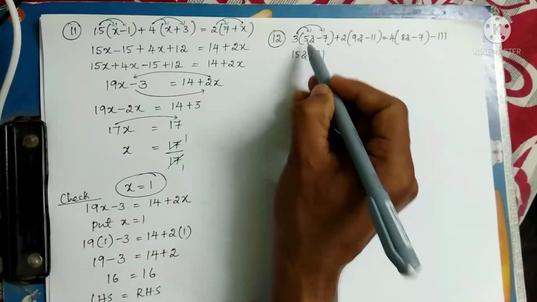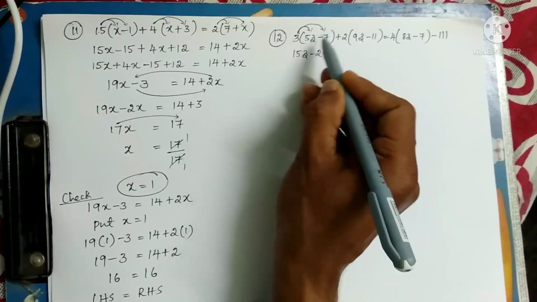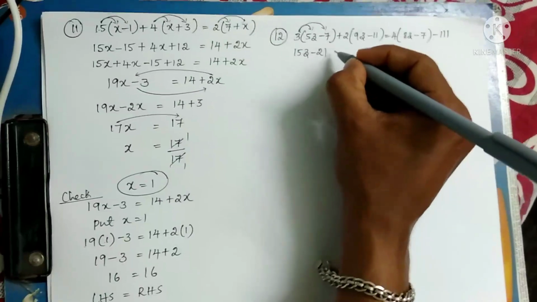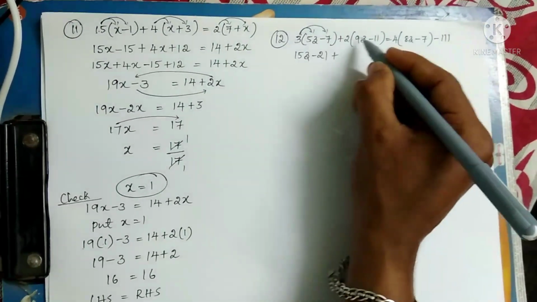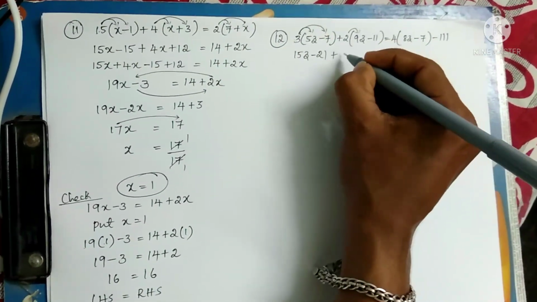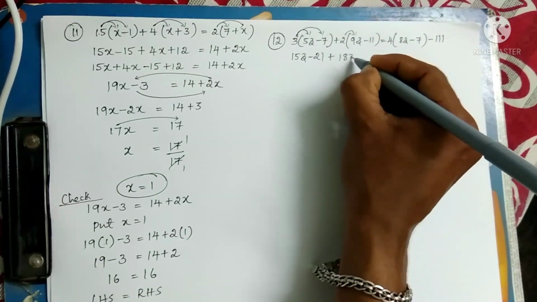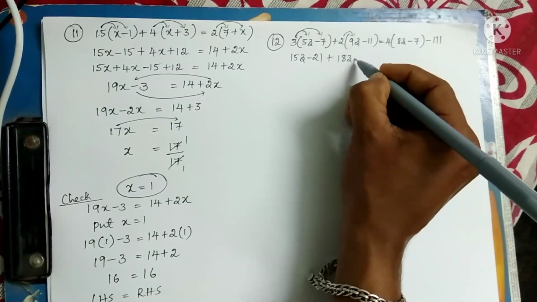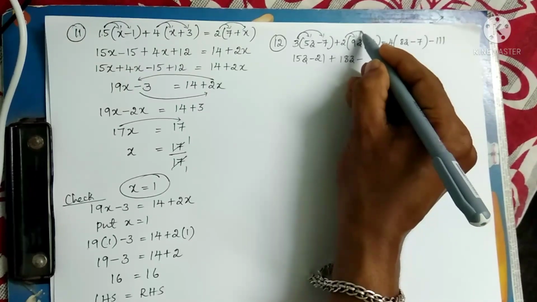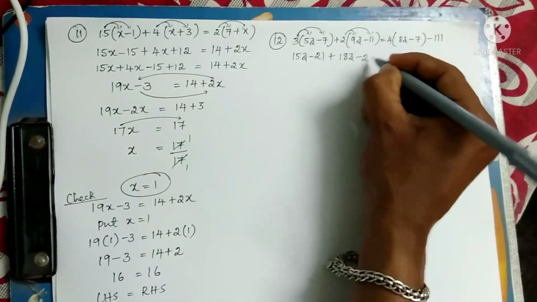Okay, 3 into 5z is 15z, minus 3 7s are 21, plus 2 into 9 is 18. 18 into z is 18z, minus, as it is, 2 into 11 is 22,